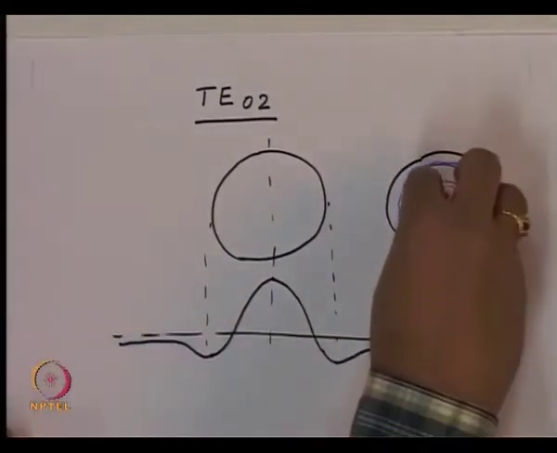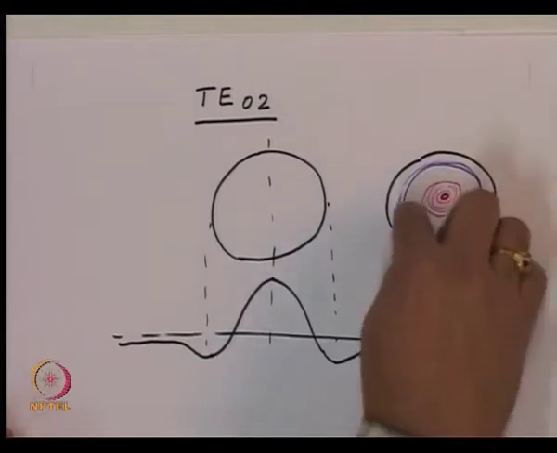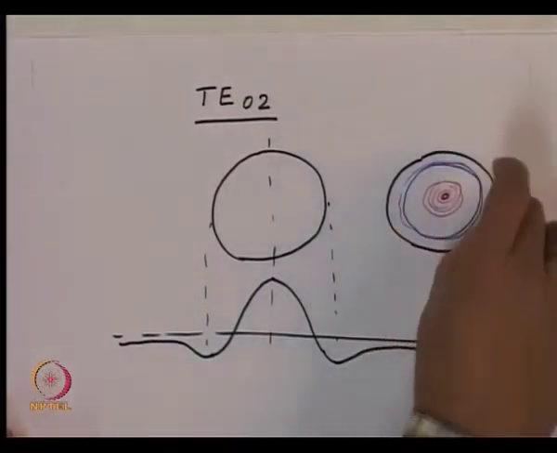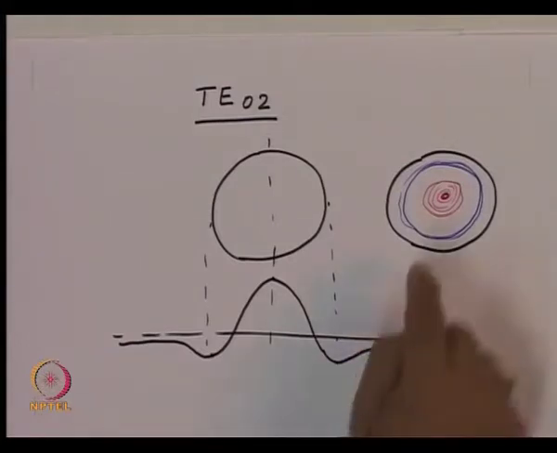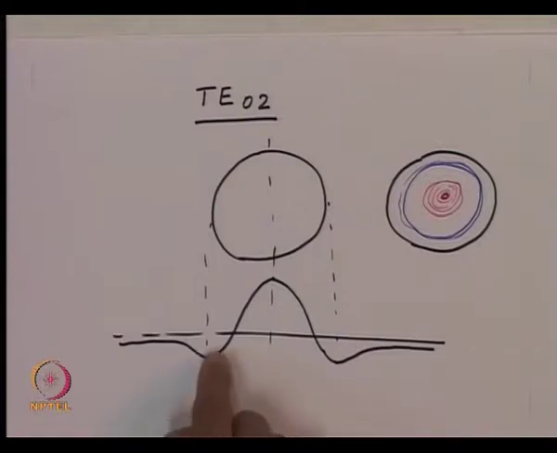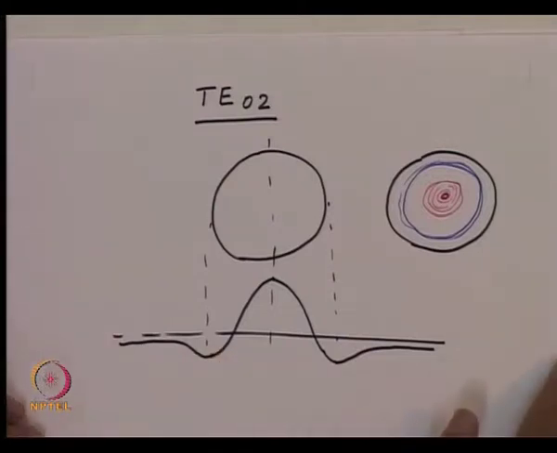So you will get a bright region at the center, then there will be a dark ring somewhere in between, and again you will see a bright ring of light with an electric field orientation opposite to what you have at the center, because the function has become negative. So like that we can now visualize the field distribution inside the optical fiber